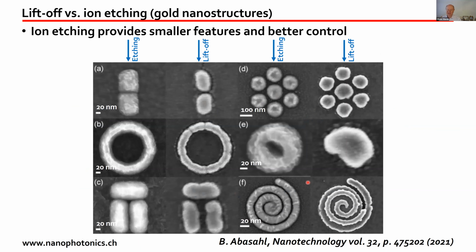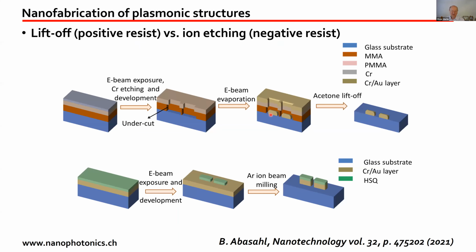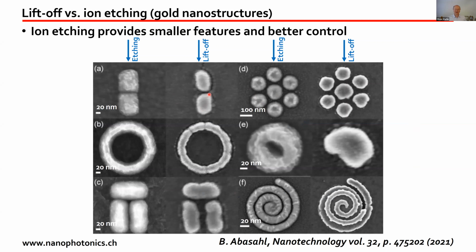So if we compare the two techniques, here you have different types of nanostructures we have fabricated in gold, but let's maybe focus on this one, the dipole antenna. So two gold nanostructures with a very tiny gap. You see that with the etching approach, we can really make a very well-defined gap, which is about 10 nanometers between these two structures in gold. If we use liftoff, the structures are not so well defined. We see also that they become a bit round. The reason being that because we have here this wider opening, the gold atoms will diffuse on the surface, and altogether it will make your structure less well defined.